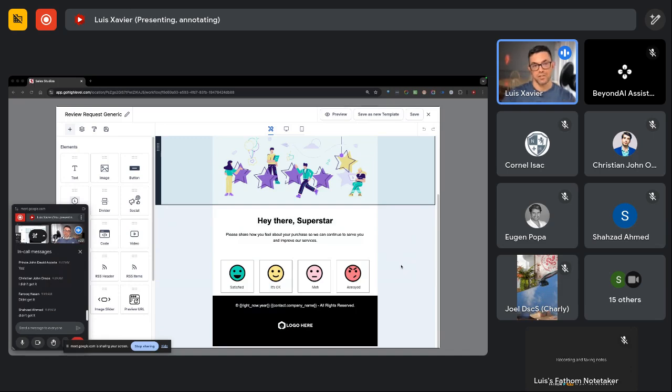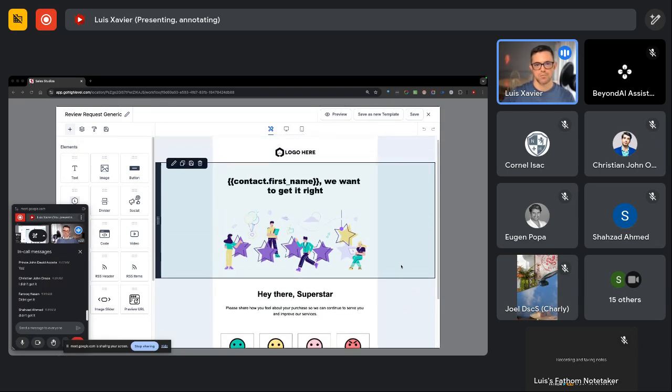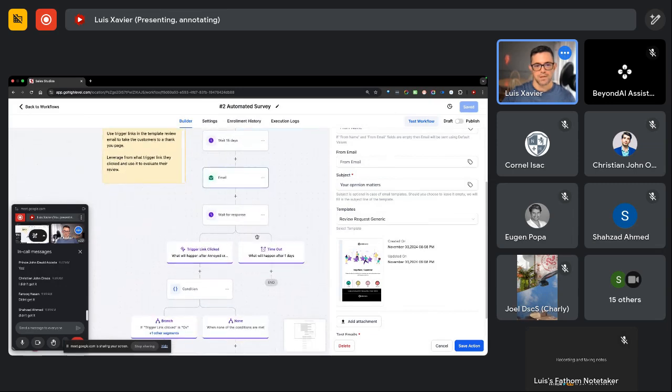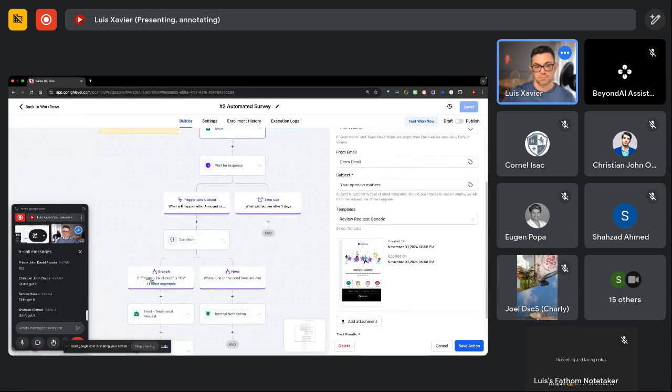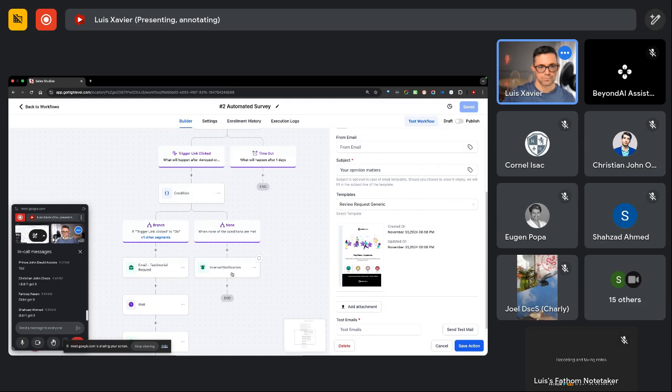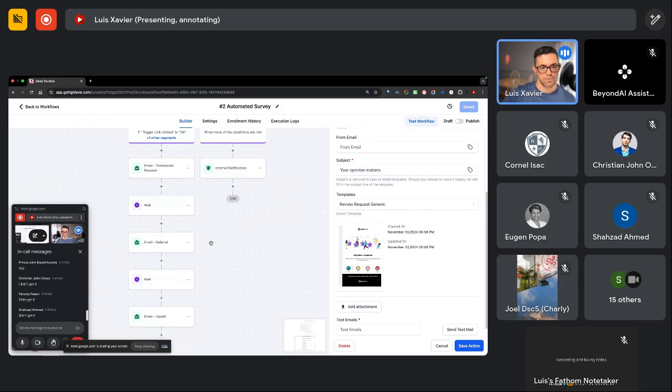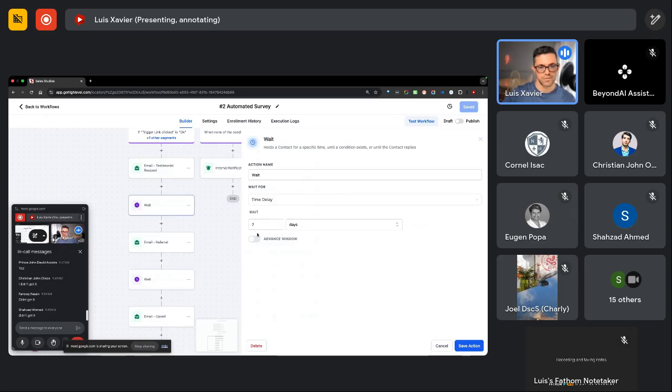And guys, this is just a template. Feel free to go and change and really personalize that with your logo, your brand, and everything. And you want to know if they are satisfied, okay, or annoyed. Okay. And the way I've done it here is the following: if they are satisfied, which would be one of those options there, they are going to get the testimonial, and then they're going to get the referral, and they're going to get the upsell email, right? And I believe I've got 2 days wait, 7 days wait. You can change the waits and you can put whatever you want in there. Okay. So you can fully personalize to your liking.